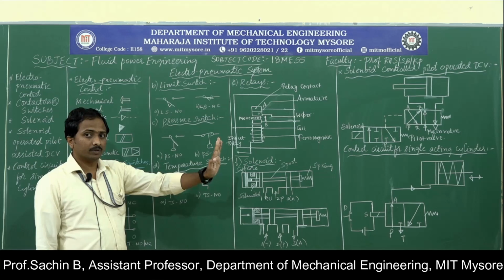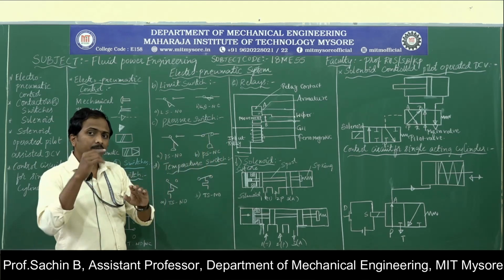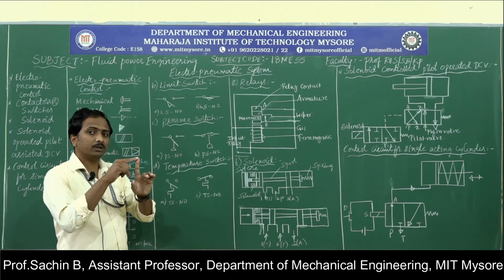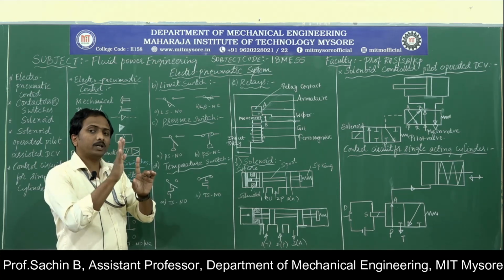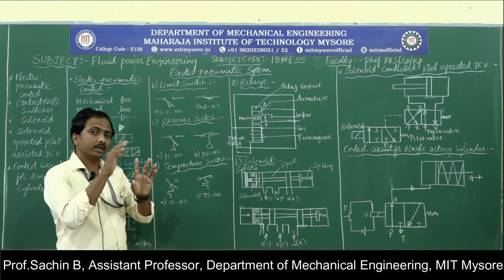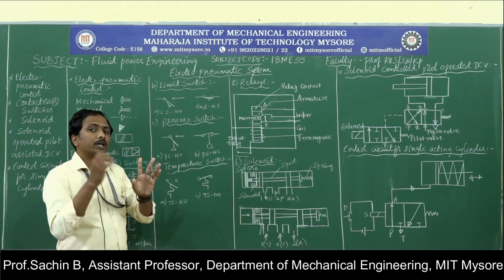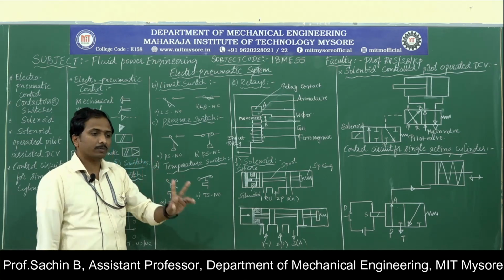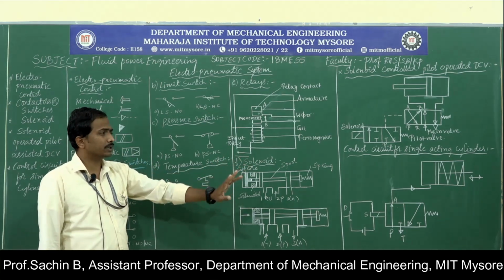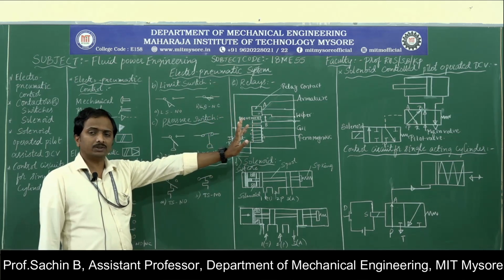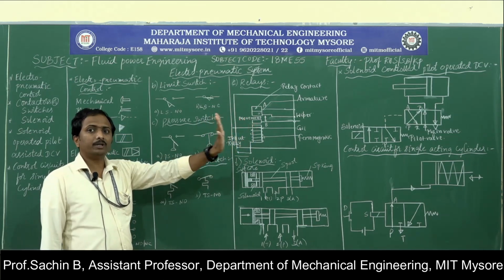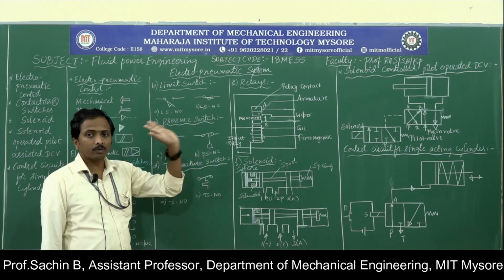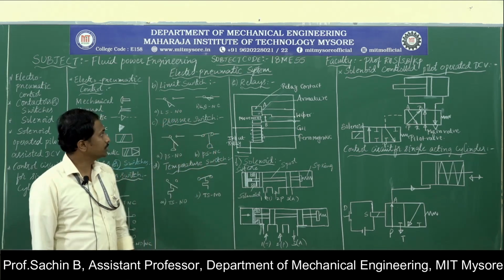There we place the limit switch, and once the piston rod gets connected with the limit switch, the movement of the piston rod will be stopped. Means it will cut off the power supply for that particular operation. We place a limit switch on a double acting cylinder at the rod end side for limiting the motion of the displacement of the cylinder. For that purpose, we are using the limit switch.